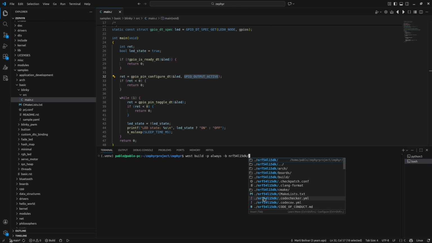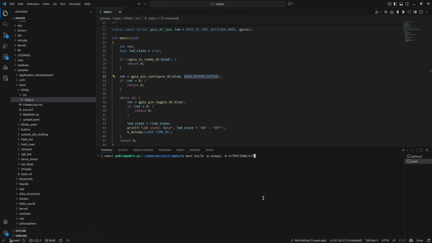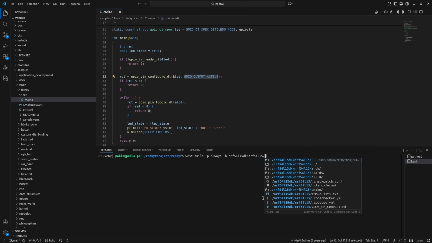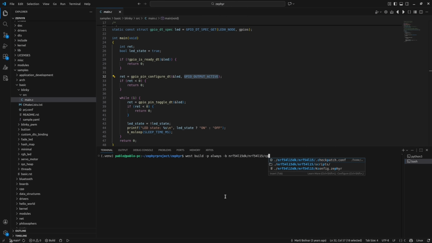And now I will specify the SoC. And in the end, we specify the core for this one, because it's important to pass it when you have multi-core devices, as in this case.